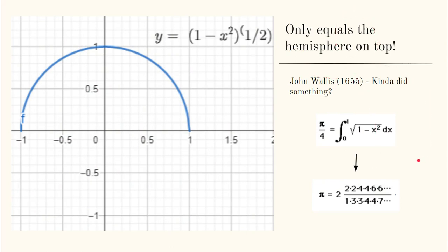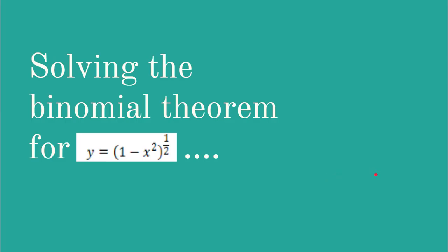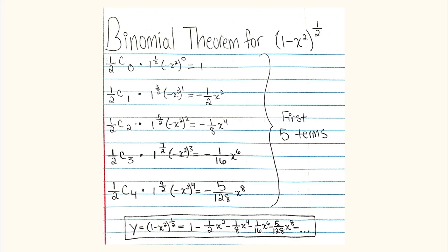And in 1655, there weren't integrals and the binomial theorem wasn't a thing. So this poor guy, John Wallis, he had to do this entire thing on his own. And then this is just how we would write it today using integrals. Anyways, Isaac Newton solved this more efficiently using the binomial theorem, more efficiently than people ever had before. Then this down here is a solution he got from doing it, and then this is his famous infinite series